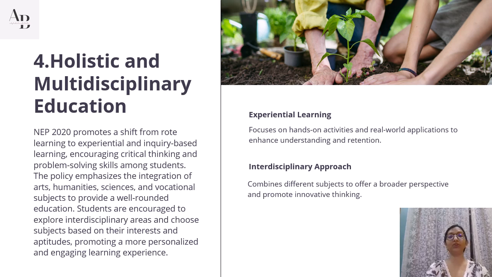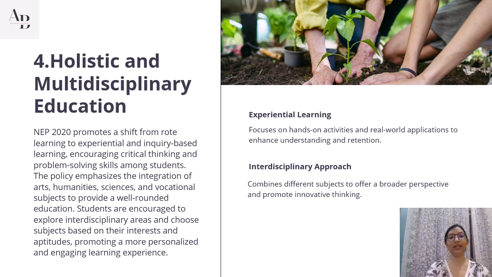So in NEP, focus is given on holistic, which means all-round development, and skill-based learning. Now emphasis on critical thinking, creativity, and problem solving, extracurricular activities integrated with academics. Example, debates, coding, art, and sports are part of the academic curriculum now. Next is single stream institutions to become multidisciplinary. For example, an engineering college must also have the provision to offer humanities or art courses too, so that the student can select according to his choice.